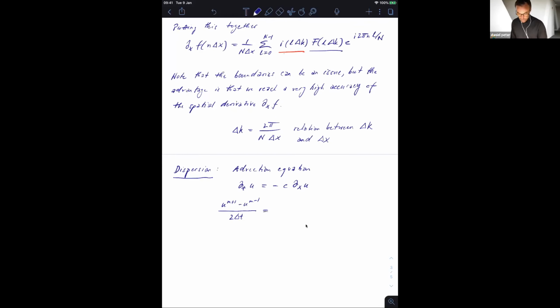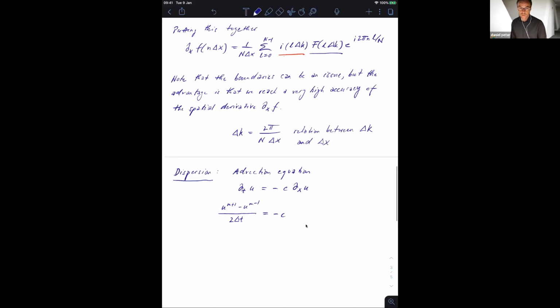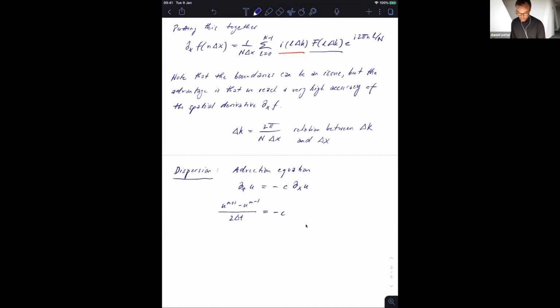Is then equal, and now we use the pseudo-spectral scheme for the spatial derivative. So we have this factor minus c in front. And then we have here the derivative, which is still given at the top here of the page. So we have this 1 over n times delta x summing over L, 0 to n minus 1